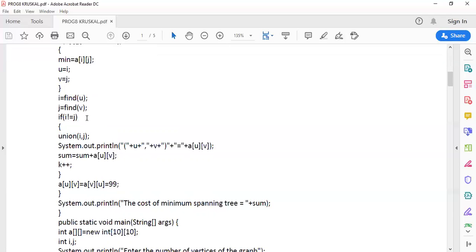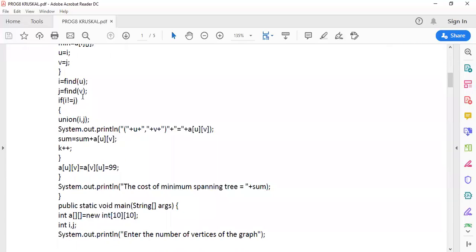But the first constraint is that you should not form a cycle. So when you are adding edges into the minimum spanning tree, keep in mind that the parents of the edge's vertices should not be the same. If they are the same, then you can form a cycle. So a cycle should not be formed. That is why this condition is added.